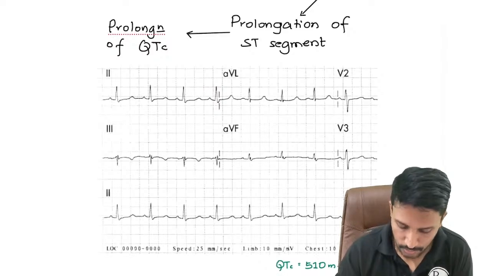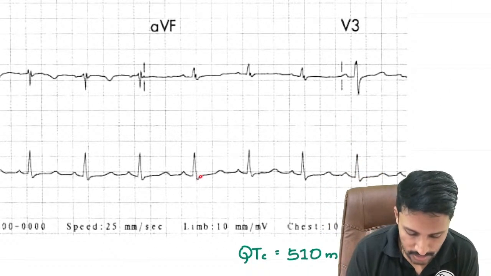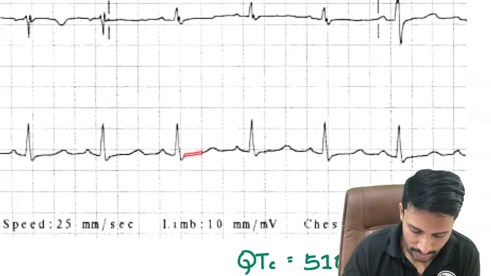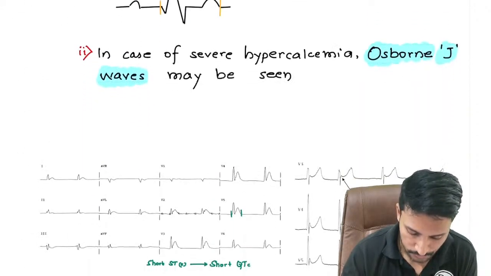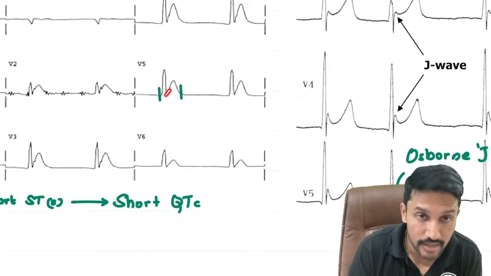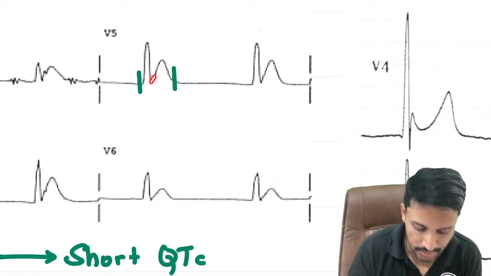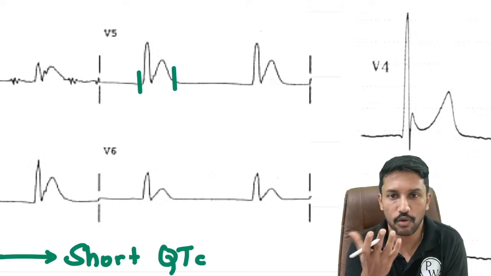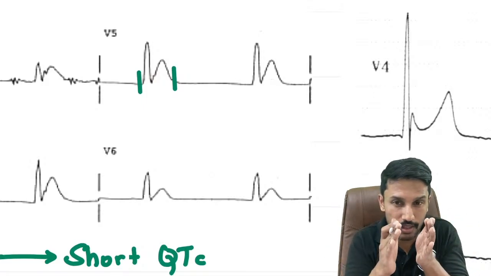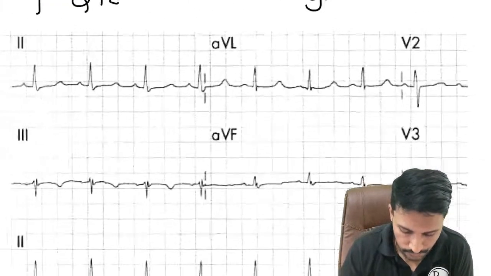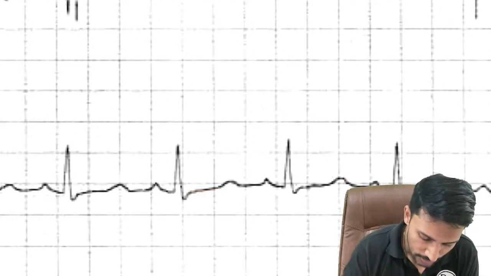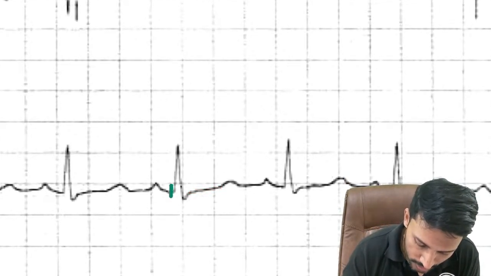So when you see this ECG, probably you can relate. Look at the ST segment, which is quite prolonged, right? The ST segment is prolonged. Compare this to the previous ECG, where I was barely able to see where the ST segment is, right? The T wave is here. So only this portion, maybe a very minimal negligible area, I can call as the ST segment. So the plateau phase was there, very shortened. But here in this ECG, the ST segment appears to be prolonged, and if I calculate the QT interval, it appears